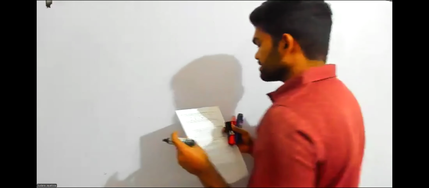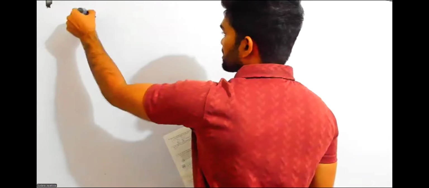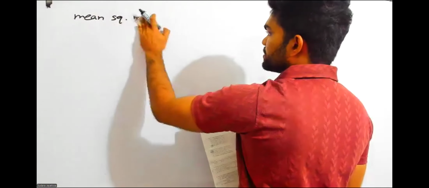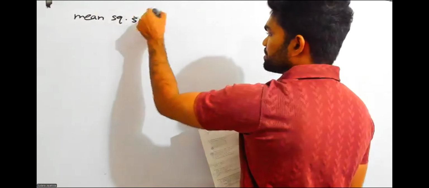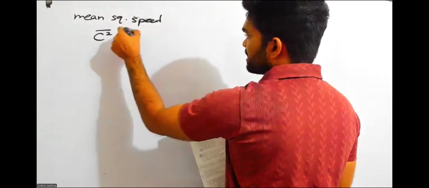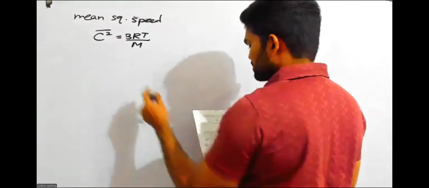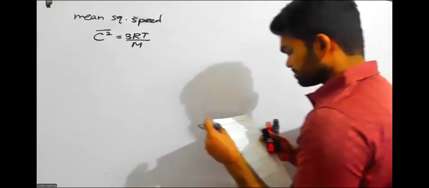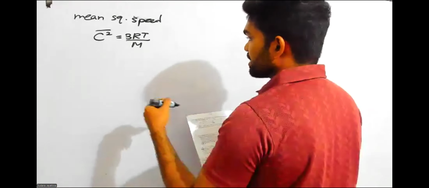Okay, it is mean square velocity again. Mean square velocity, or you can say speed. Speed is the proper word. C square bar is equal to 3RT over capital N. It's not root, only not root. So you can say